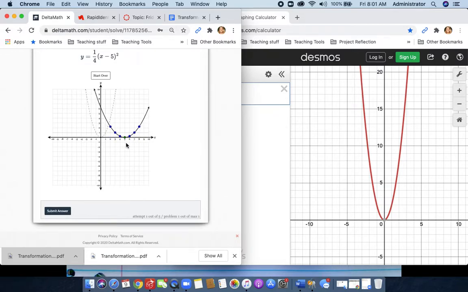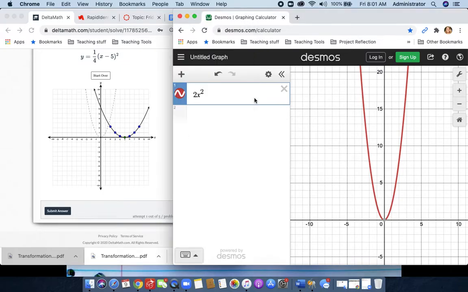Bam. Now, if I'm like, did I do it right? Then I'm going to come over here to Desmos, type in my function, and make sure that these points match up, that I see the point 7, 1. This one's going to be a decimal, certainly, but right there, those are going to be your integer ordered pairs, okay? So you let Desmos be your friend, drag it out. For those of you that forgot how to do that,